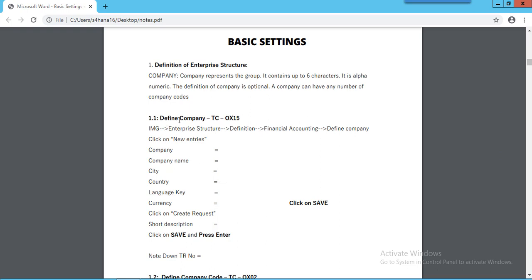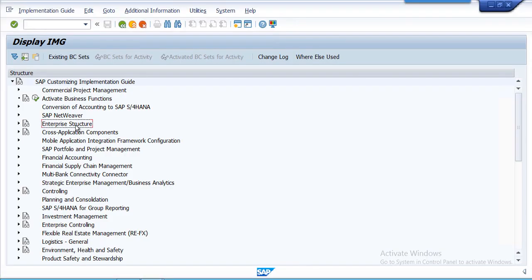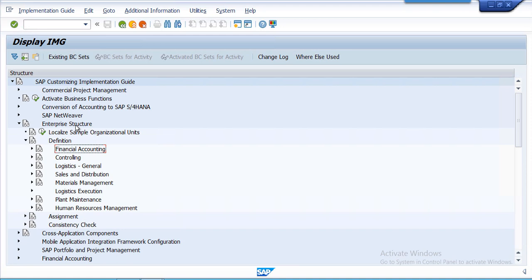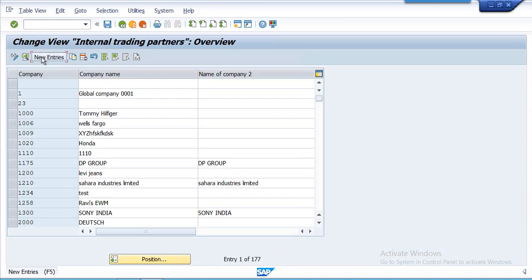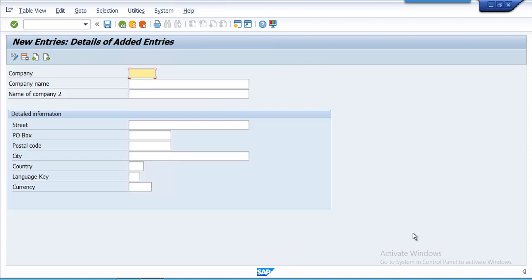First step is to define company. New entries. Company name: Diligent.